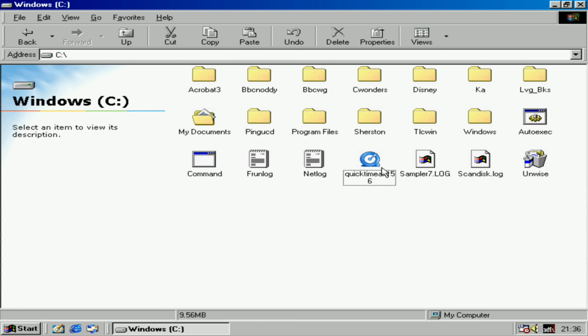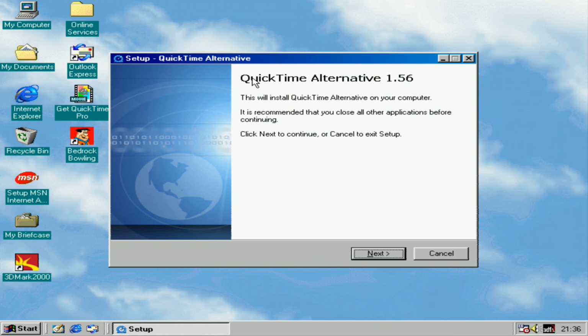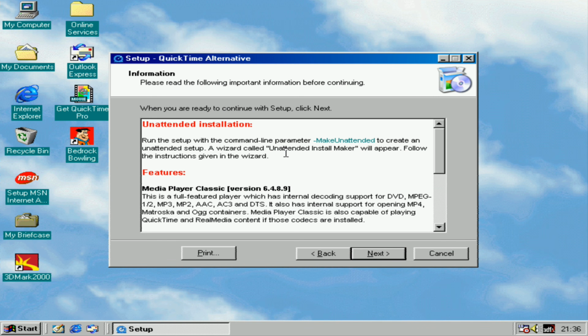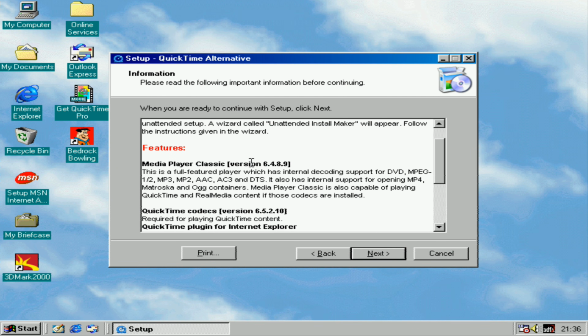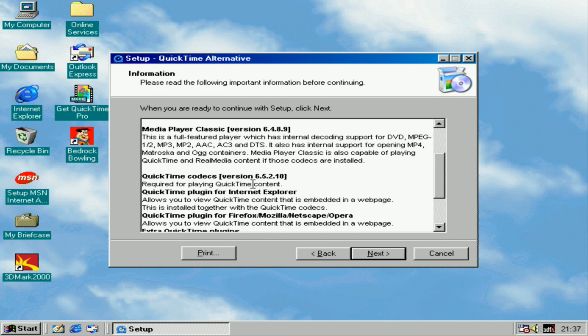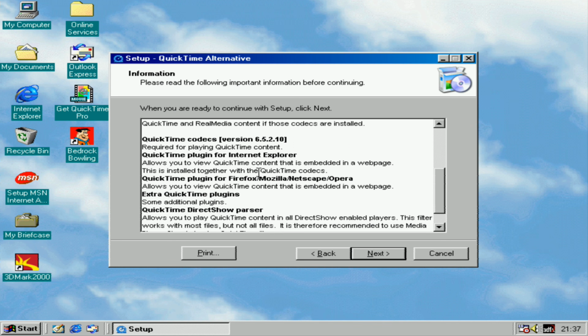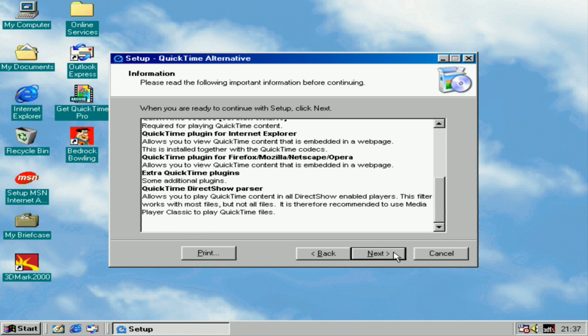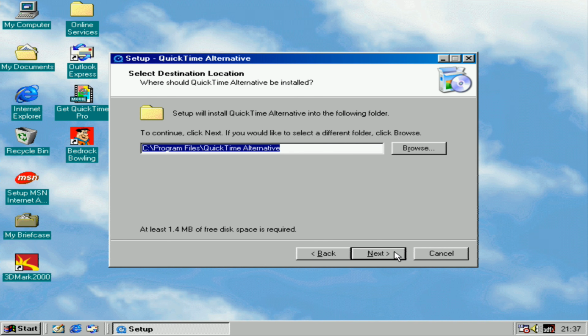Now, once you have that, you want to double click on it and it should start the installation. So this will install QuickTime Alternative. It is recommended you close all other applications before continuing. So we're going to click next to continue, and then next again. It features Media Player Classic and QuickTime codecs, which is required for playing QuickTime content and is required for playing other games. Now, all you have to do is click next, next,